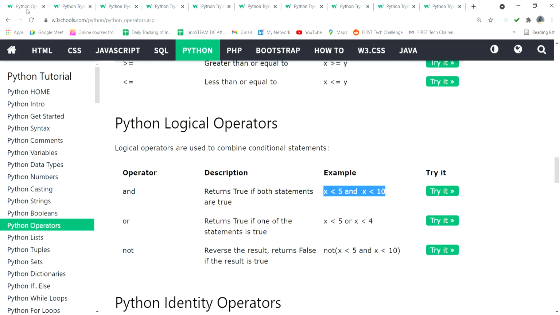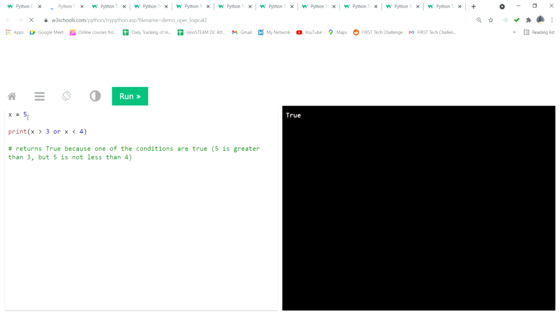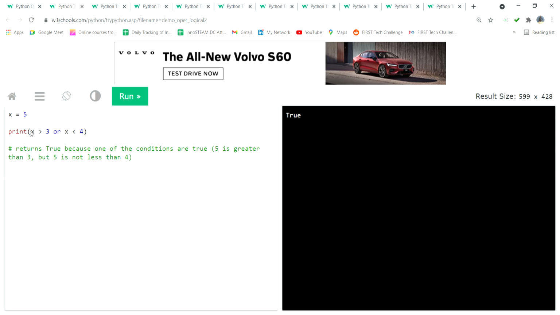Suppose the or operator means at least one condition is satisfied, then you get true. You can see x greater than 3 or x less than 4, even if any one condition is satisfied it comes true. Either this condition should be satisfied, otherwise this condition. Now which condition is satisfied? x greater than 3 is satisfied, this one is wrong.